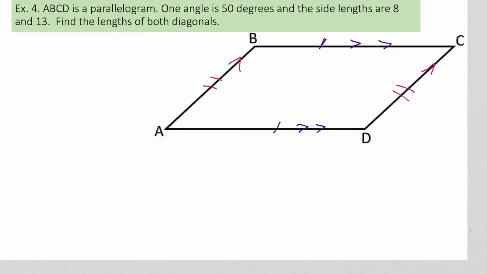One of the angles is 50 degrees. With a parallelogram, you're going to have a pair of congruent acute angles. These two here are going to be congruent, so those must be your 50-degree angles. And then you're also going to have a pair of congruent angles which are obtuse. In order to figure out what those two are, we need to remember that